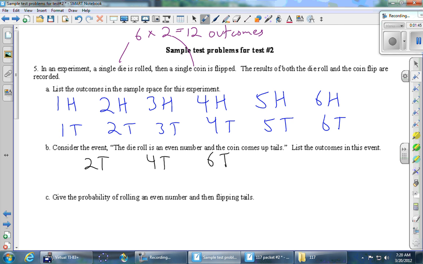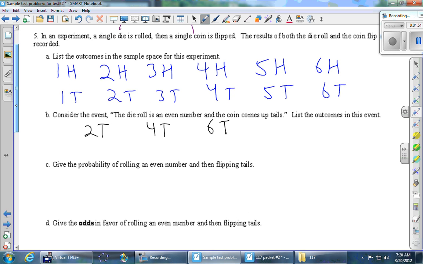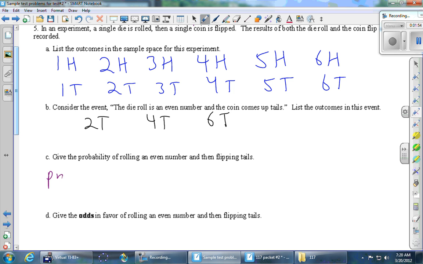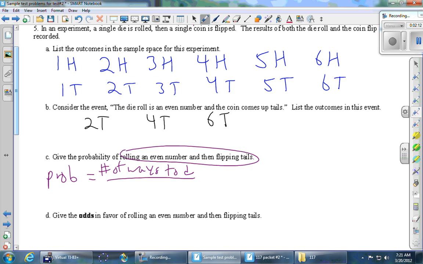C, give the probability of rolling an even number and then flipping tails. Let's go ahead and write down our definition for the probability in English, and then we'll fill in the numbers. So the definition of probability is the number of ways that the thing can happen divided by the number of ways anything can happen. So the thing in this case is rolling an even number and then flipping tails. So we'll say it's the number of ways to do this thing that I've circled. That is the number of ways to roll an even number and then flip tails divided by the number of ways to do anything, the total number of ways